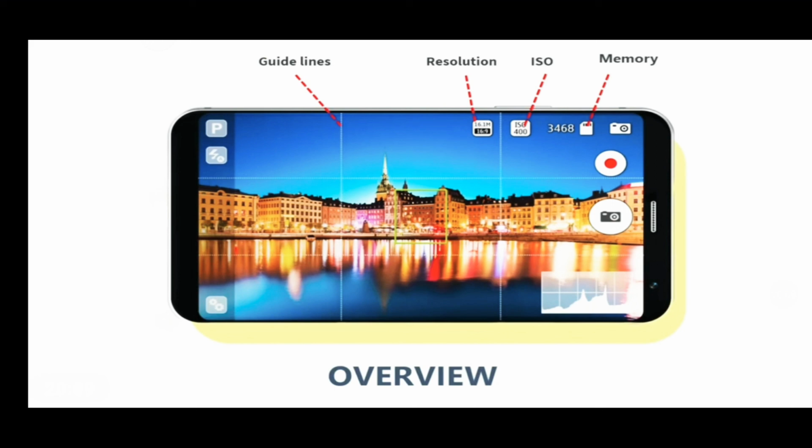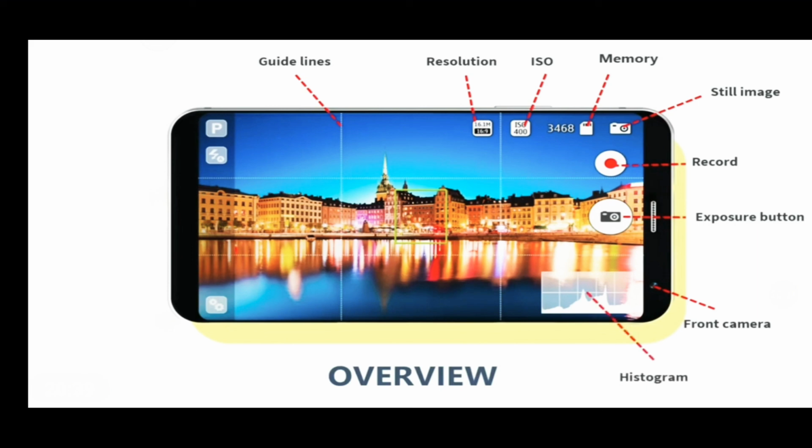Beside that, we have our memory. We've got our memory card, so it's indicating where the images are going to be stored. We can see how many images are also left available to us as well. Beside that, we can see that we're in still image mode. That will change if we change the mode, if we were, say, recording instead. We have a quick record button, so if we want to quickly take a video, we simply press that button. We have our exposure button, we press that one to take the photograph. We have our front camera here if we want to switch it around and take a selfie.